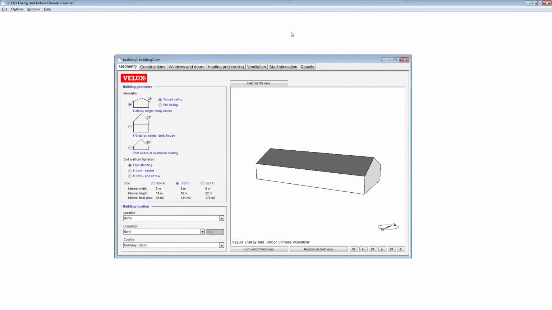Now, this is the basic version, the free version that is downloaded from the Velux homepage. This is Ike, and what is limited by this version is this particular panel. Here we are limited to investigating different sizes, A, B, and C, and different geometry of our sloped ceiling or flat ceiling, and we can estimate the apartment we have here as a central part, or it could be in a row, or it could be freestanding.